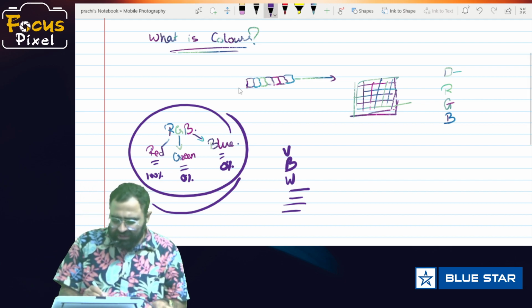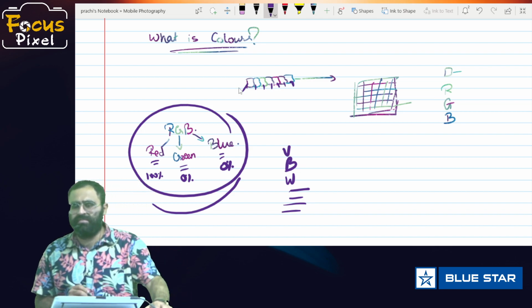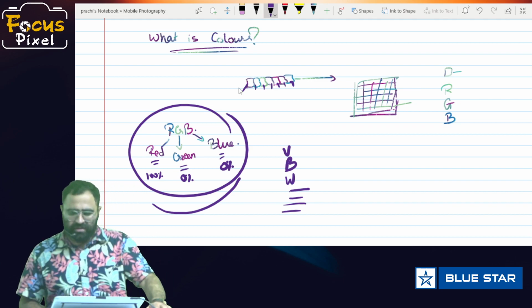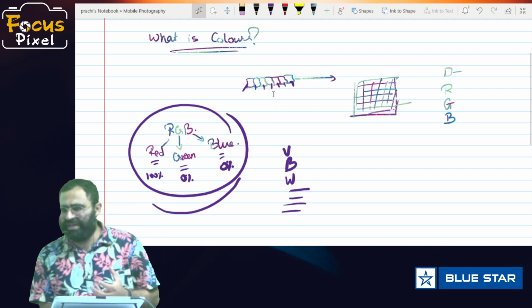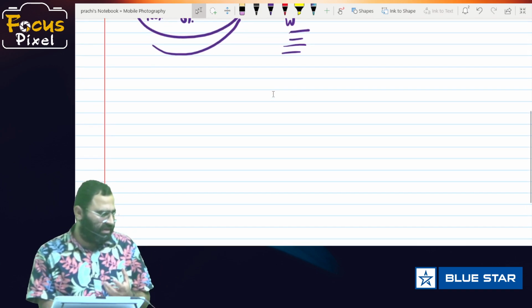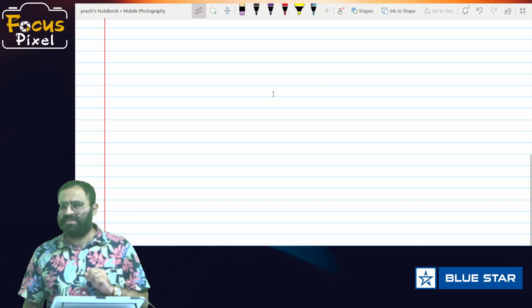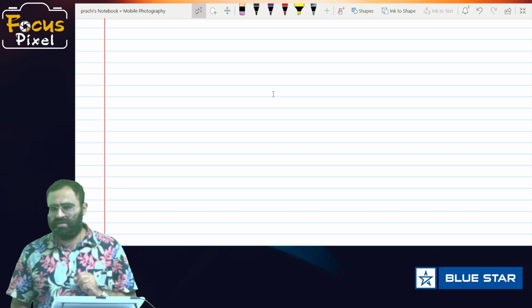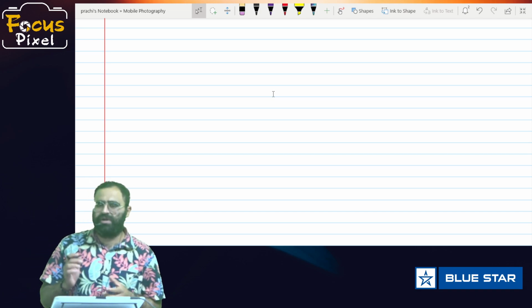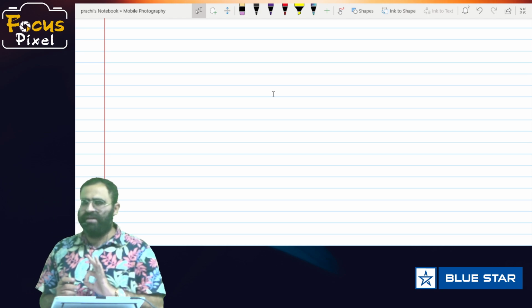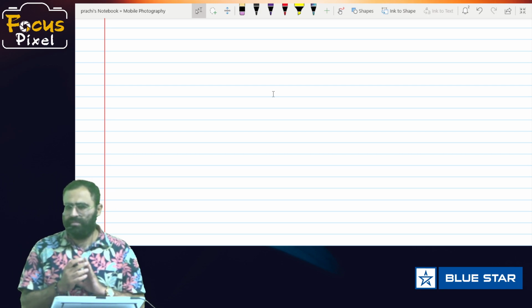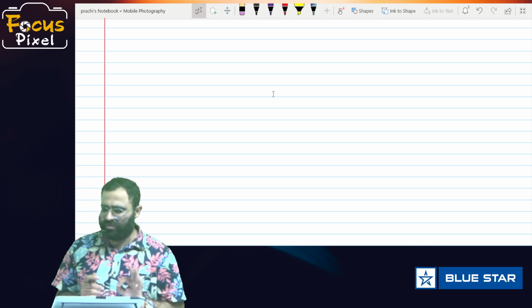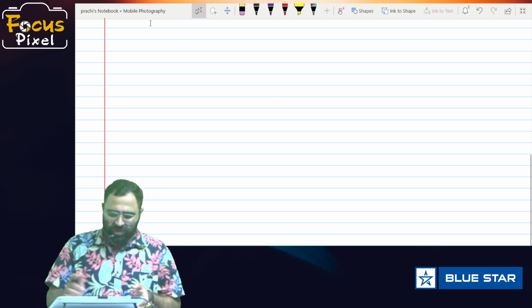Now each of these pixels contains some color value, along with the other data. Now all these color values combined together create your image. Okay, now you know what is color, which colors are used in the photographic world to create a digital image. Whenever you click a picture, your image has three color values, that is red, green and blue, RGB. This is clear? Okay, now there is one term called curves.